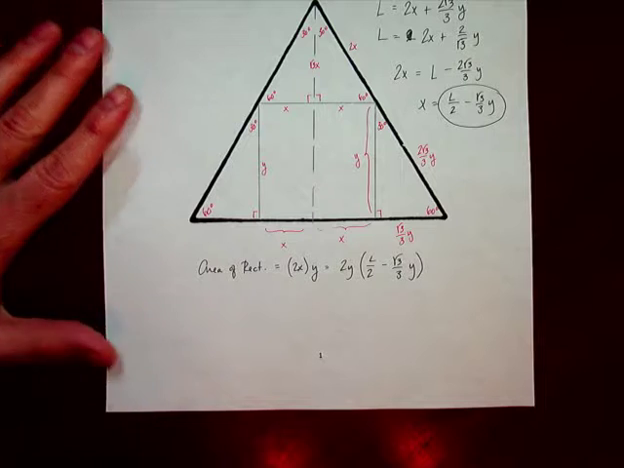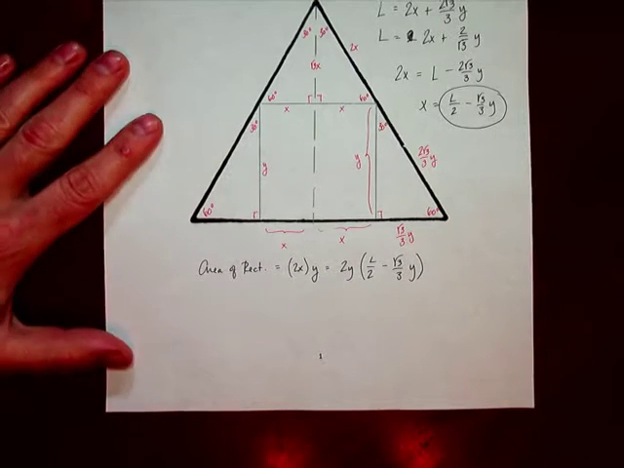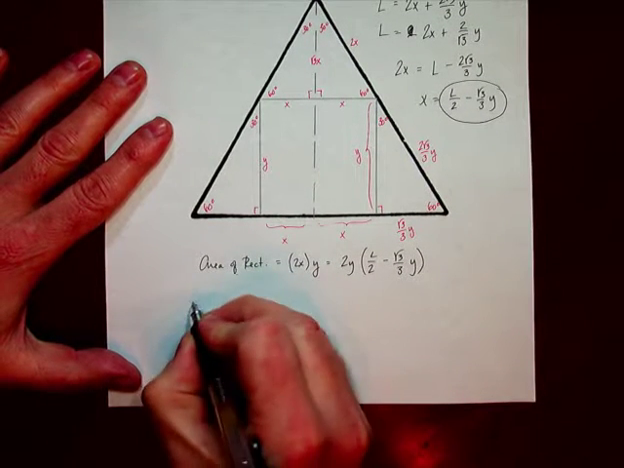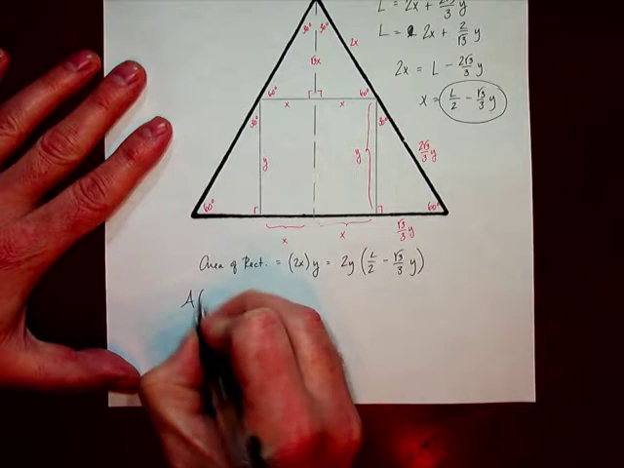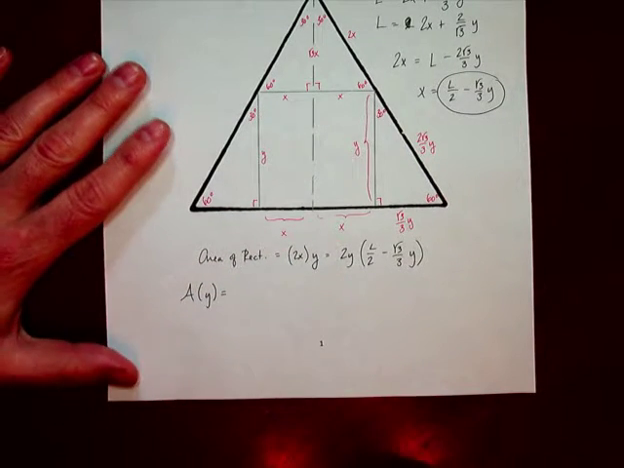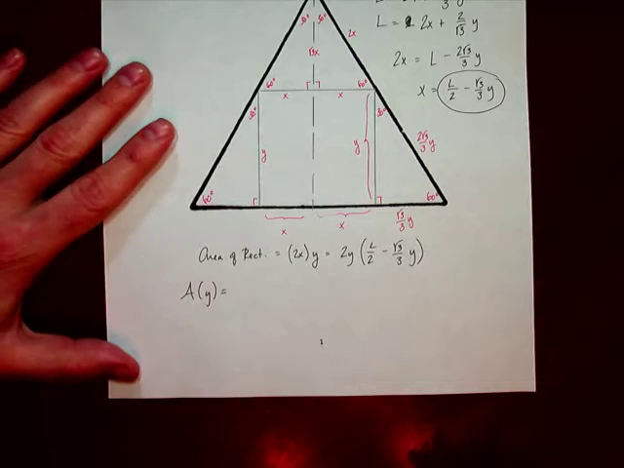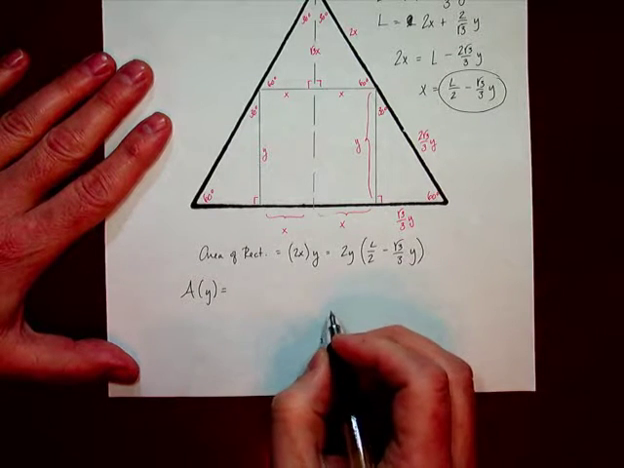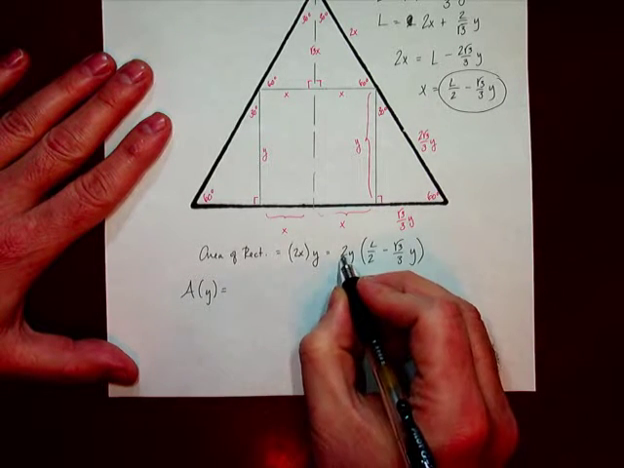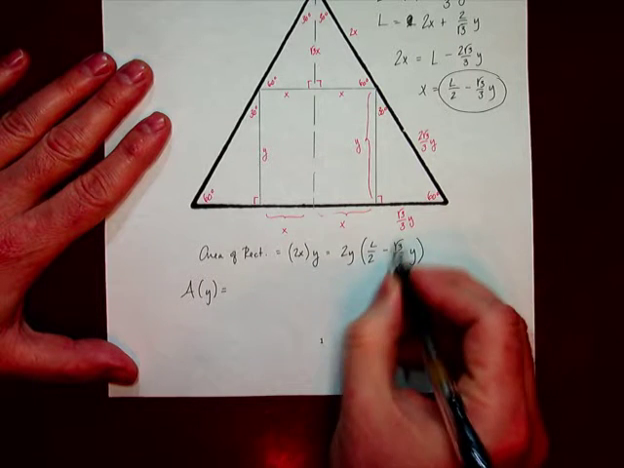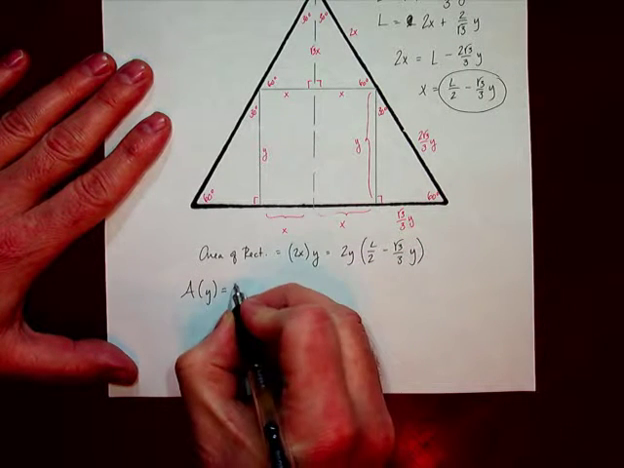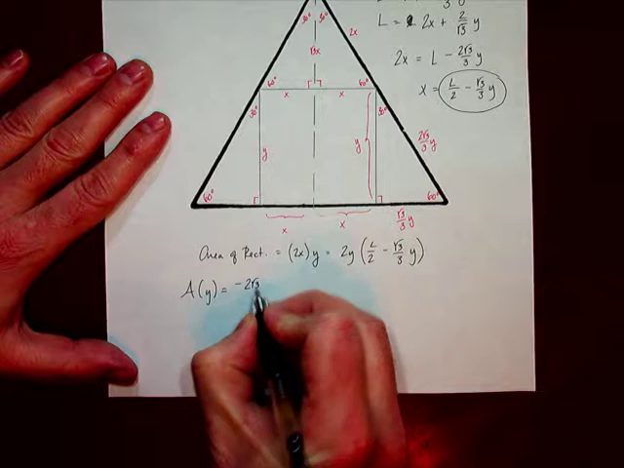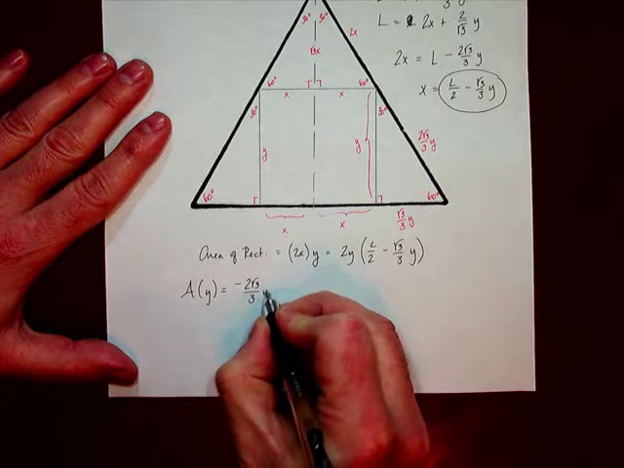Now, is that a little bit obnoxious? Of course it is. But let's go ahead and find our area in terms of the variable y. Now, I'm going to want to put it in descending order. So when I distribute the 2y, let's distribute to this one over here first. And I get negative 2 root 3 over 3 y squared